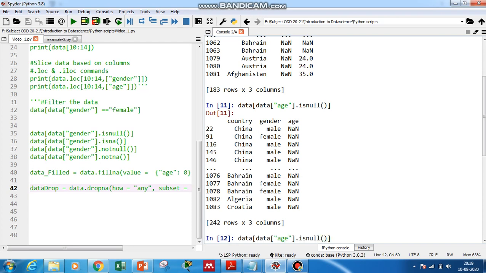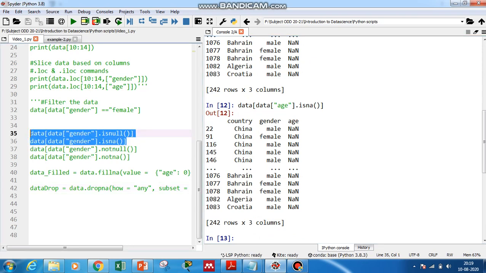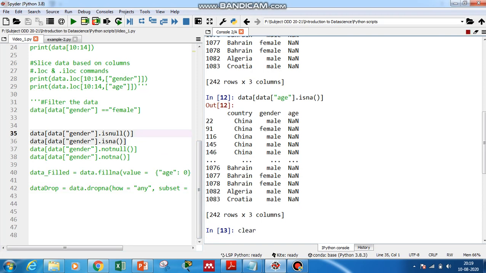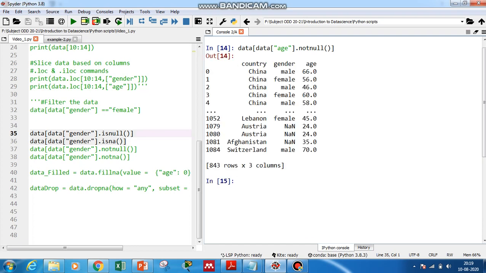There is one more command which works similar to isnull, that is dot isna. So dot isnull and dot isna return the same output. Similarly, there is the opposite command, notnull. Notnull will give you all the rows wherever the age has a valid, meaningful value other than zeros or NaN.